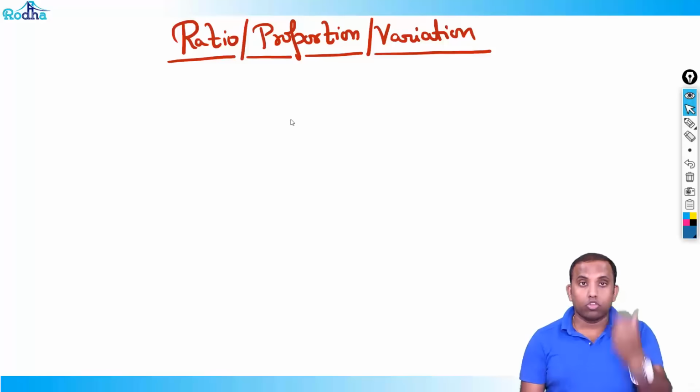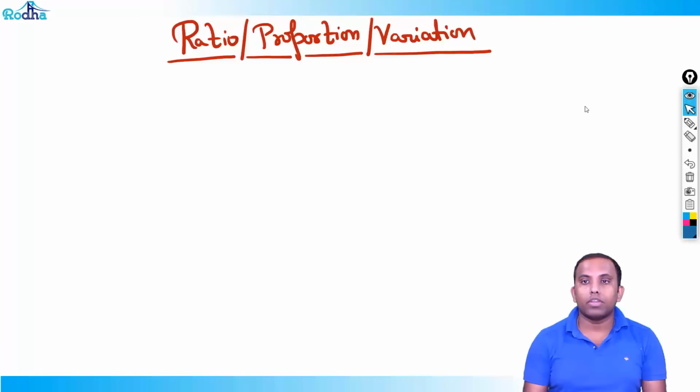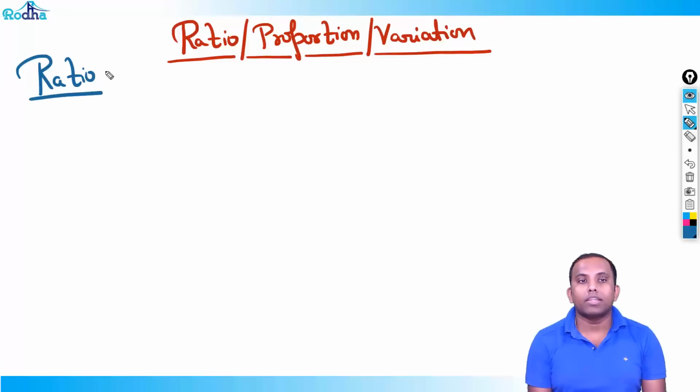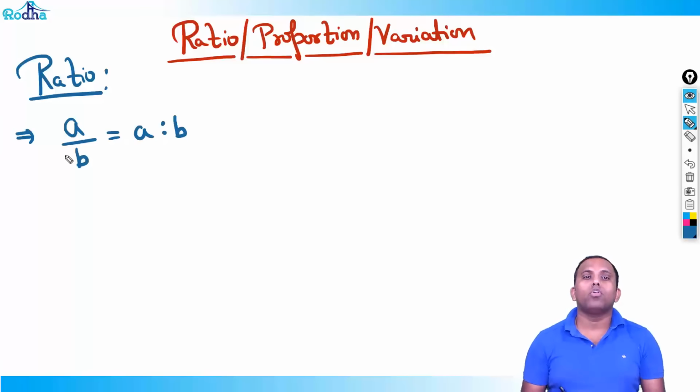We'll start with ratios. It's a very good topic and its application is in other chapters also. So, ratios. See, in fraction it is a by b; in ratio it is written as a is to b. If you're not going into higher mathematics, there's a literal meaning of fraction. a by b is in the ratio of a is to b. Same thing, right?